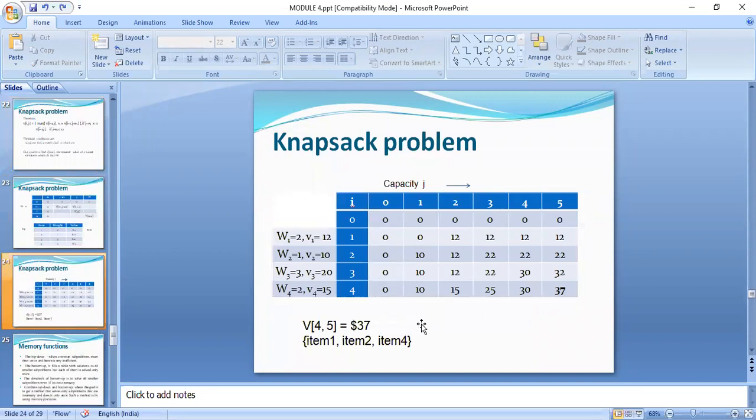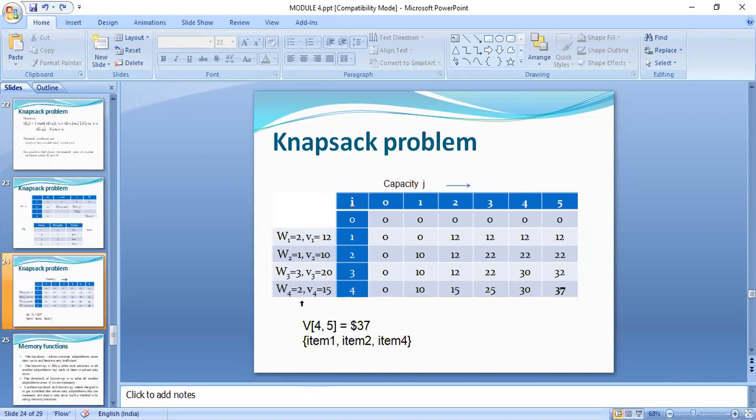So now we have achieved what is to be done. So what is the maximum profit here? The maximum profit is 37. Now we will be matching it with the previous item and find out what are the items included in the knapsack. You can see that it will be checking with the 32. That is, 4 comma 5, n comma w, will be checked with n minus 1 comma w. So 37 is not equal to 32. When it is not equal to 32, your item 4 is taken.